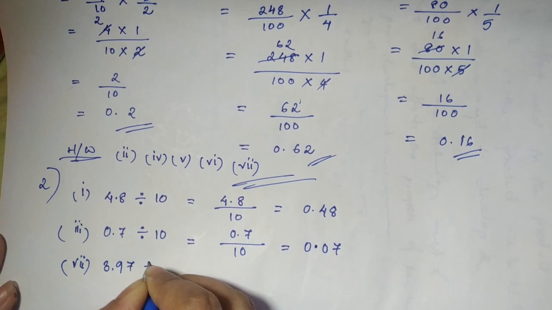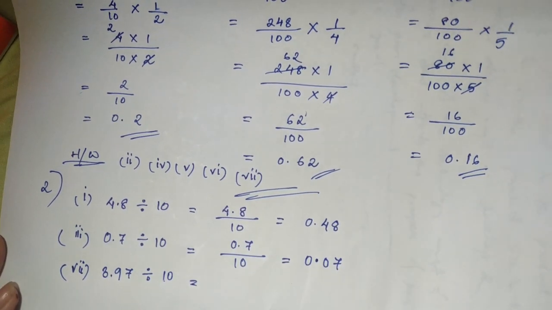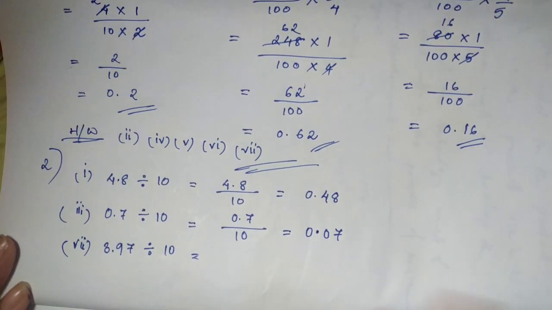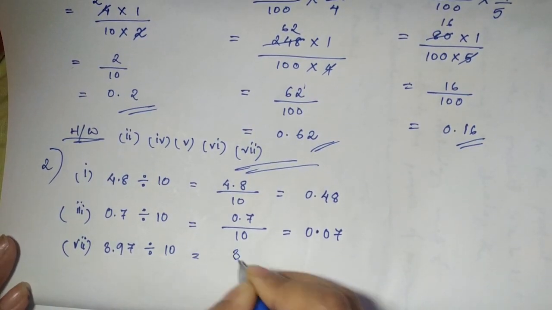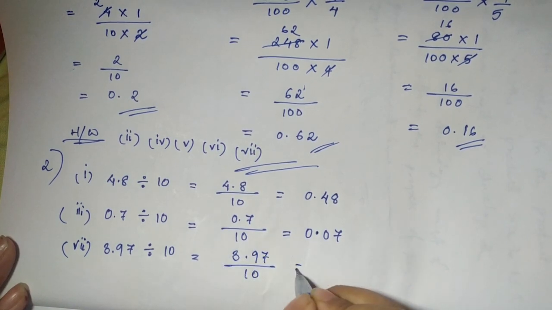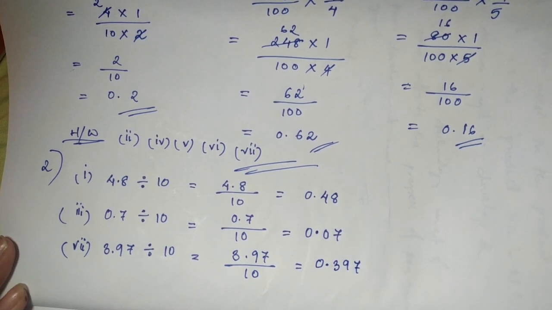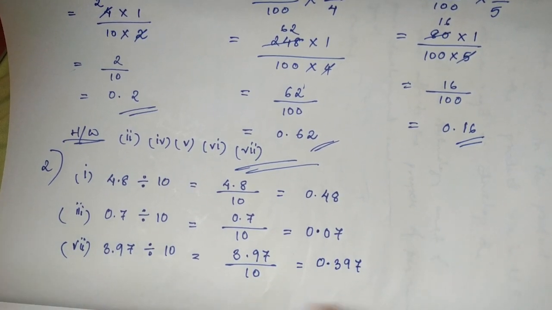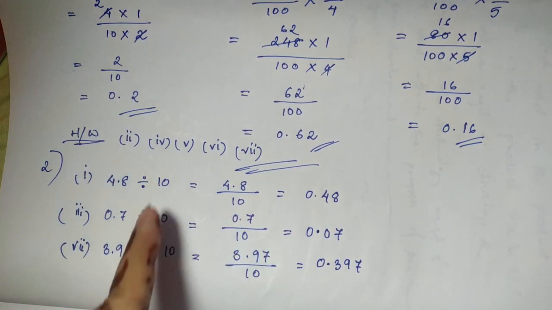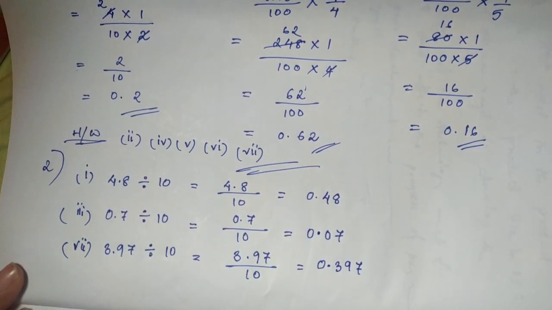You can see all the numbers are divided by 10 here. No other numbers. All are asked here. The questions are asked to be divided by 10. So 3.97 divided by 10. Now see 1 0. It will go here. So the answer will be 0.397. Okay, so that is very simple. 1 0 means the decimal shifts towards the left, one place. If it is 100, it will shift 2 places like that.